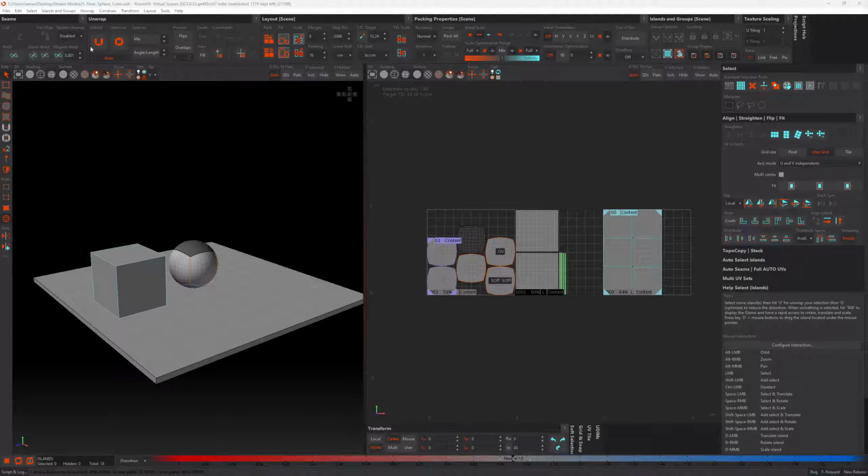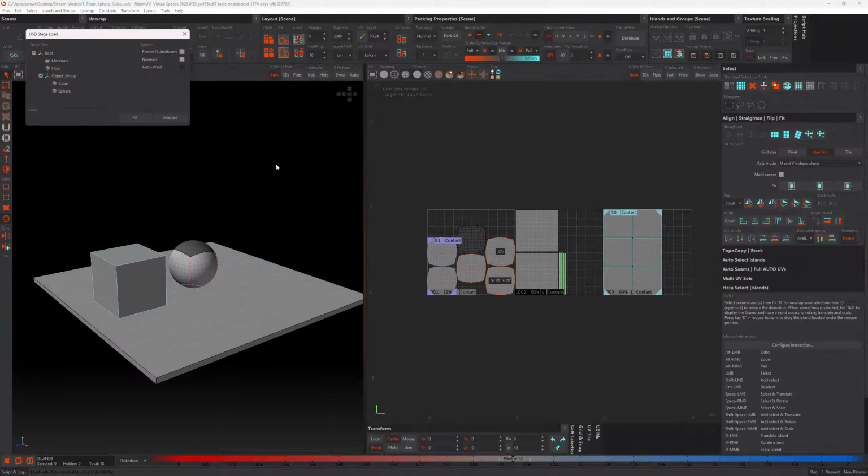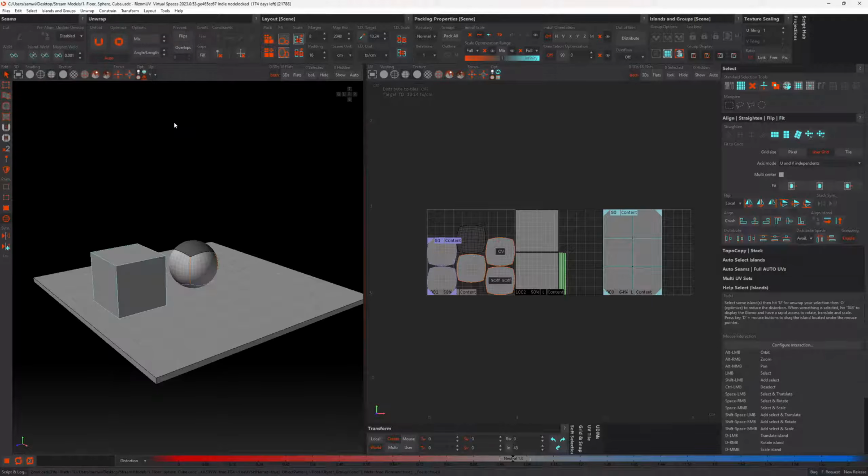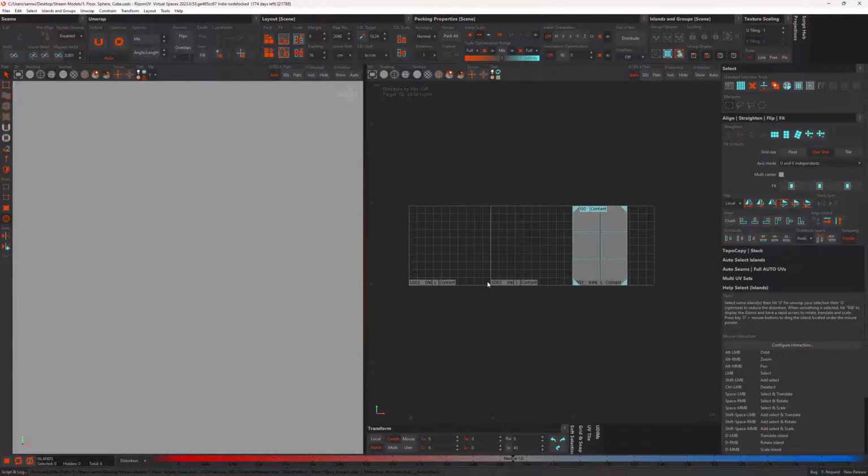So, as I was saying, these attributes are tied to their parts as well. So only the relevant attributes will be loaded with each part. So let me go load the scene again. And I'm going to grab this cube here and just load selected. Now, as you can see, it has loaded the cube with its group and in the